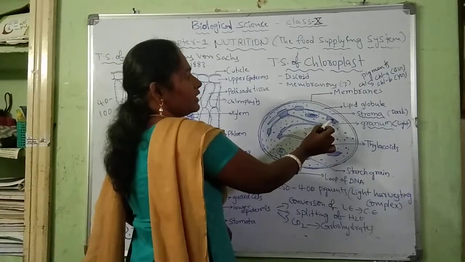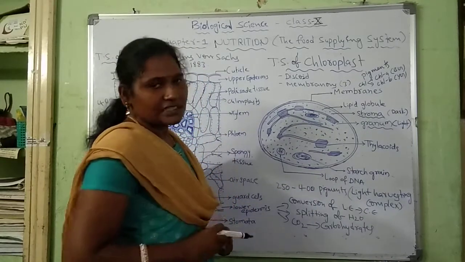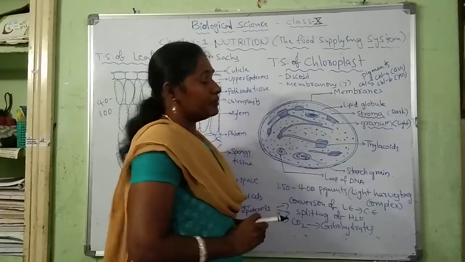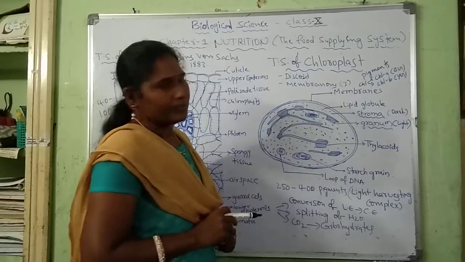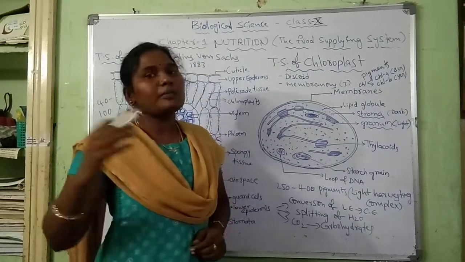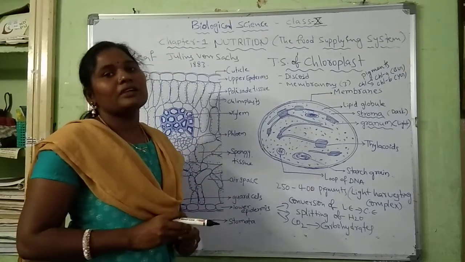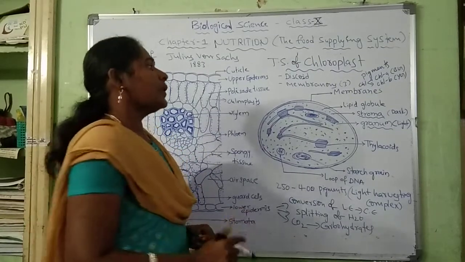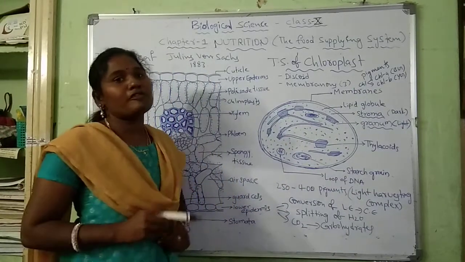In the granum there are some differently colored substances present. Those substances are called pigments. Chlorophyll is one such pigment. Besides chlorophyll, there are several other colored compounds present as pigments. Chlorophyll is similar in structure to the heme of hemoglobin. You know hemoglobin is a pigment of the blood which transports oxygen in the blood. Also, chlorophyll contains one atom of magnesium and hemoglobin contains one atom of iron.